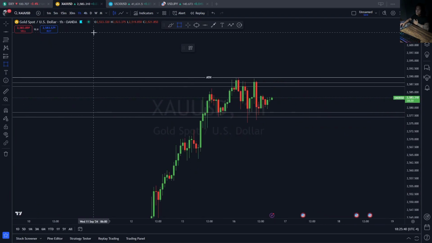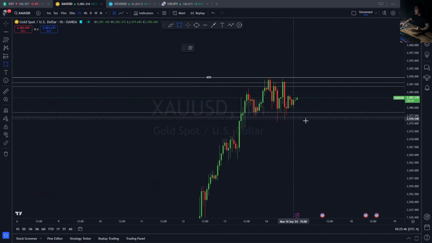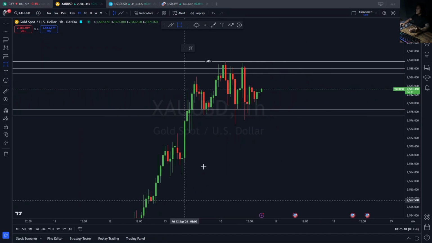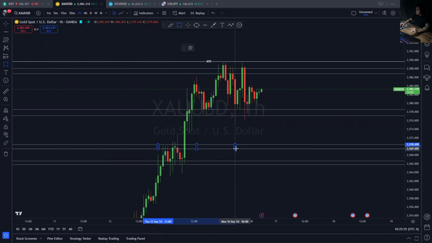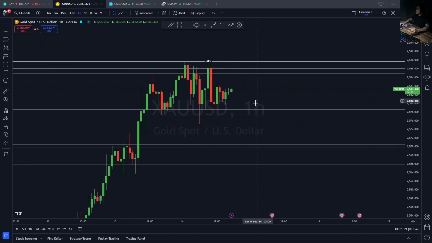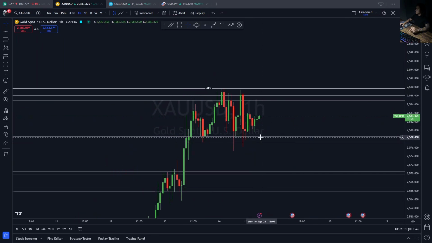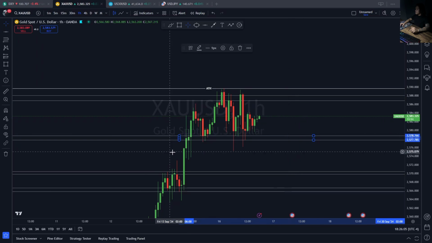all you simply have to do, at least what I like to do, is go down into the lower time frames. If I have to use the 30-minute, I'll use the 30-minute, to look out for whatever zones the market is making for me. So I'm just going to mark off this support over here. This minor resistance: price got into this area, created a minor range, and then overall continued towards the upside. And over here, let's see if we can adjust this a little bit. I feel like I'm going to mark off this support,